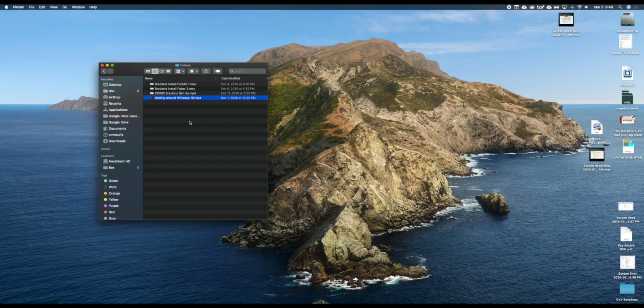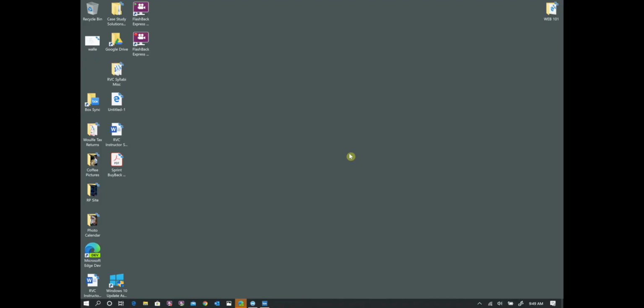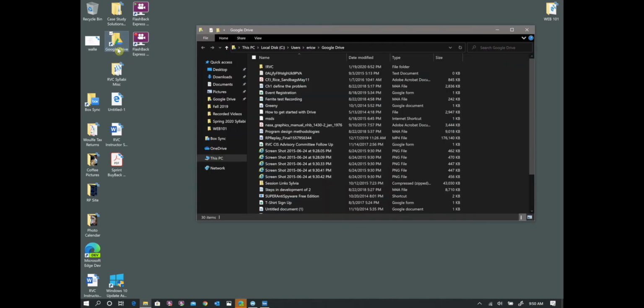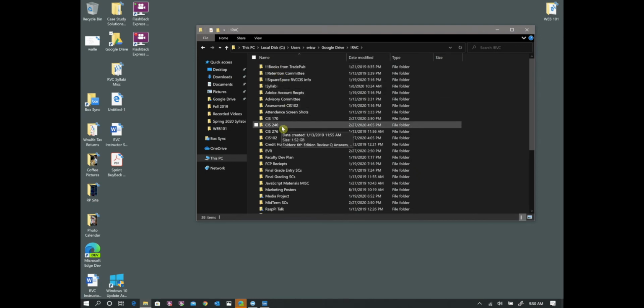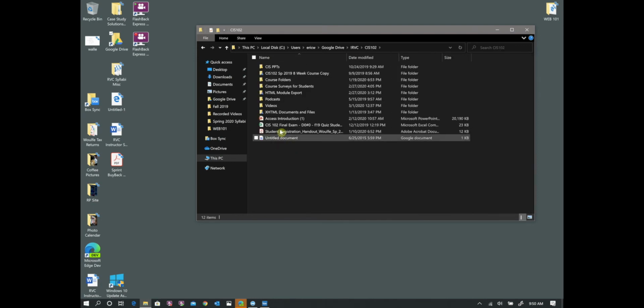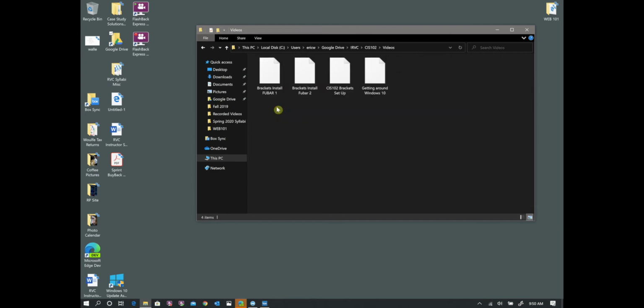So I can get to all of these files. Now over here on my Windows desktop, this is just a shortcut on my desktop, and if I open my Google Drive folder, you'll see that it looks exactly the same as the one on my Mac does. So I'll come over here through RVC. I'll navigate down to CIS102. I will go over to videos. And you will see, they'll look a little different because that's the difference between the Mac and the PC. But you'll see that, in fact, these are the same files that I had over on my